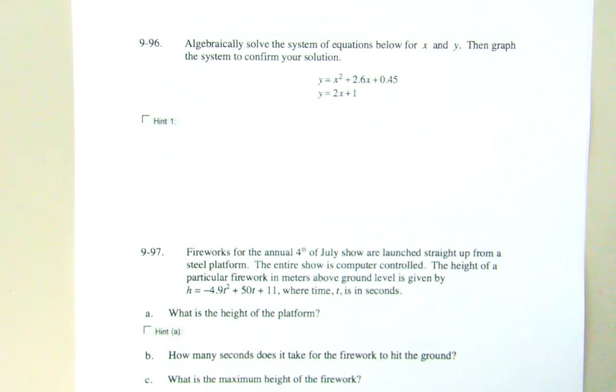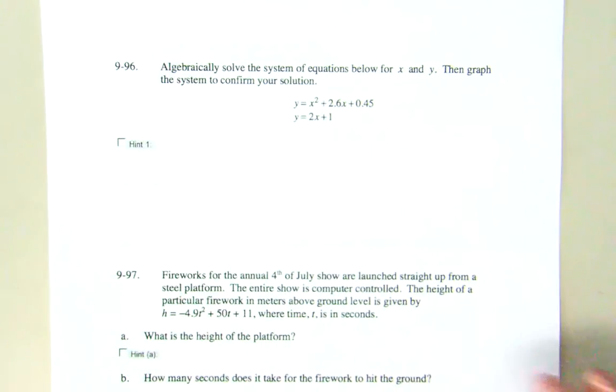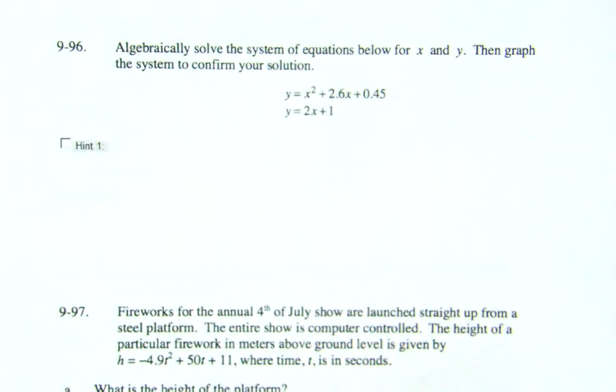I'm going to skip 97, I think, until the end, because it's actually a really long problem. So if I run into it, I might just do 97 on its own video. And then we're going to go through the rest of this, which should be pretty easy to do. Okay, so 96. First one says, algebraically solve the system of equations for x and y, then graph the